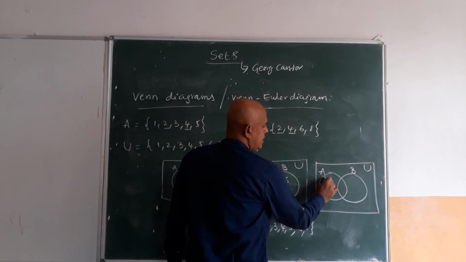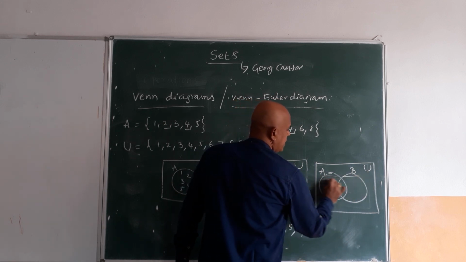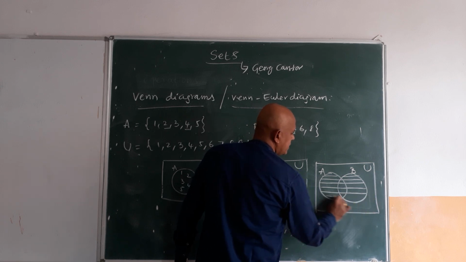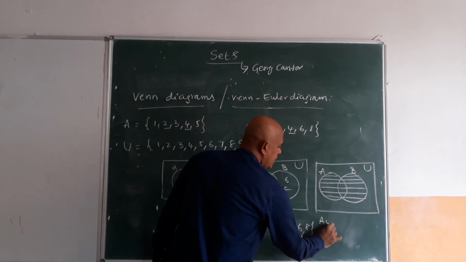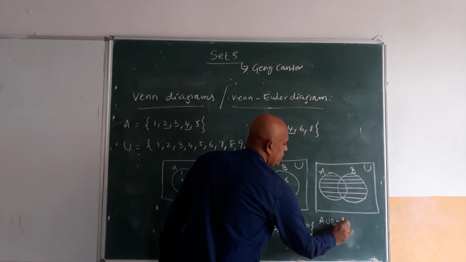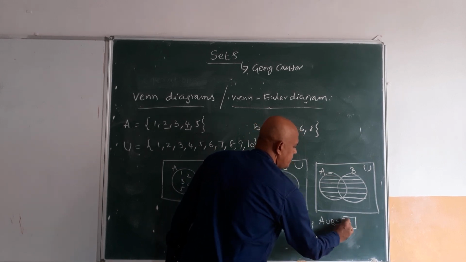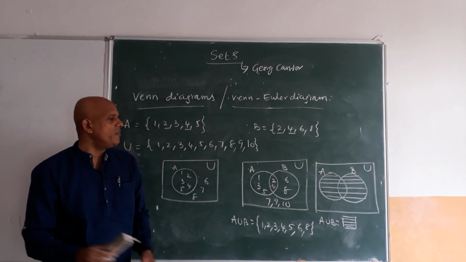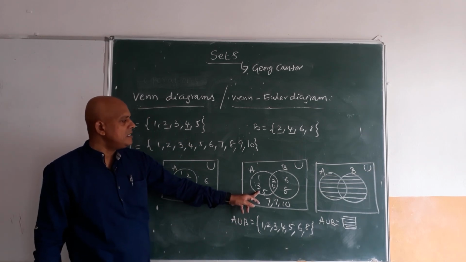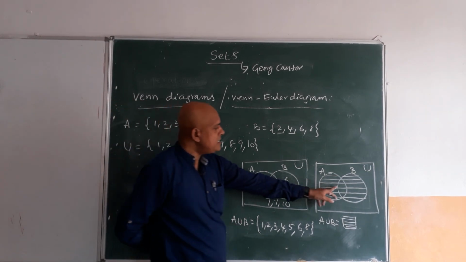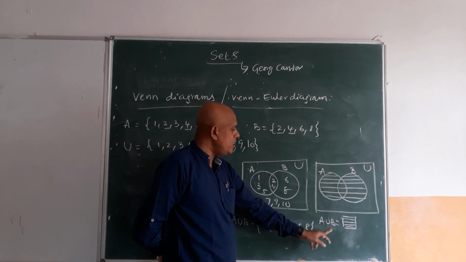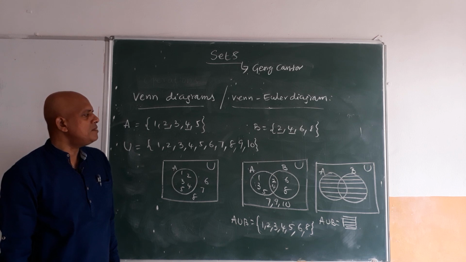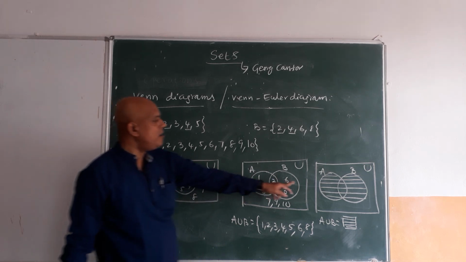Is a universal set, then A union B can be shown by using the shading part. This is called A union B. So now here we will write it as A union B is equal to this part. When the elements are given, we will write it in this way, and when the elements are not given, by using the shading part, A union B is equal to this. So this is how we can draw the Venn diagrams when the elements are given and when the elements are not given.